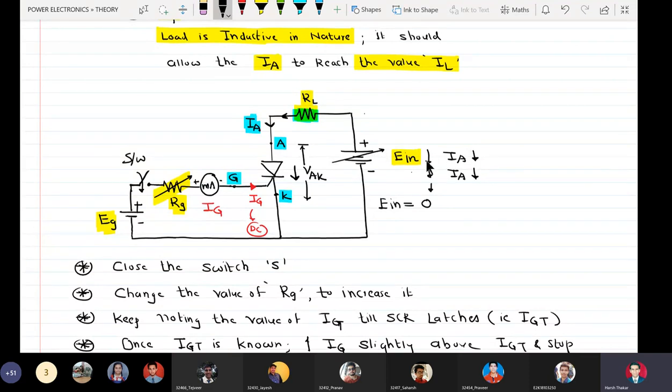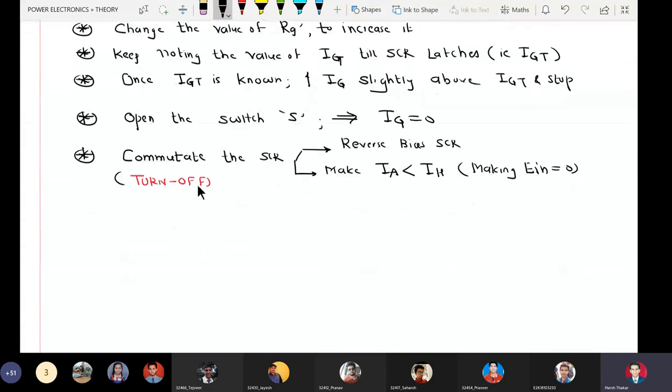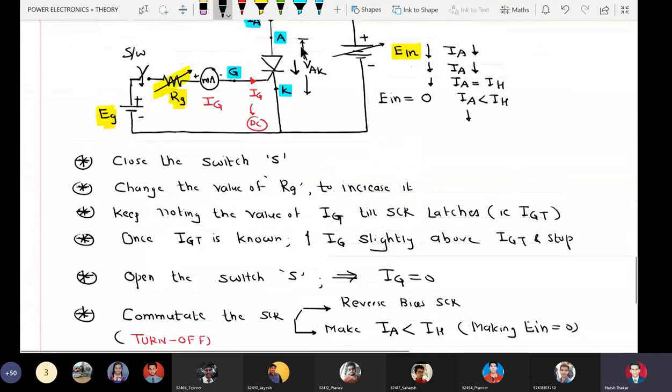So E in reduces, thereby reducing IA, and at a particular value of E in, IA will become equal to IH. Furthermore, IA will drop below IH, and this will lead to turning off of the SCR. We know that the turn off condition for SCR is the device current should fall below a critical value called holding current. So to commutate the SCR, either reverse bias the SCR or make IA fall below IH by making E in equal to 0.